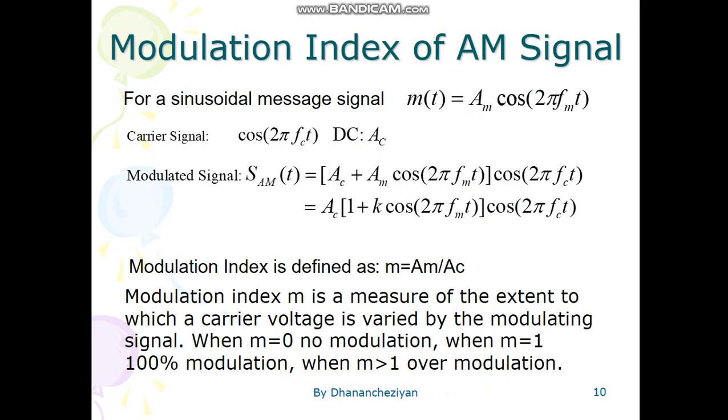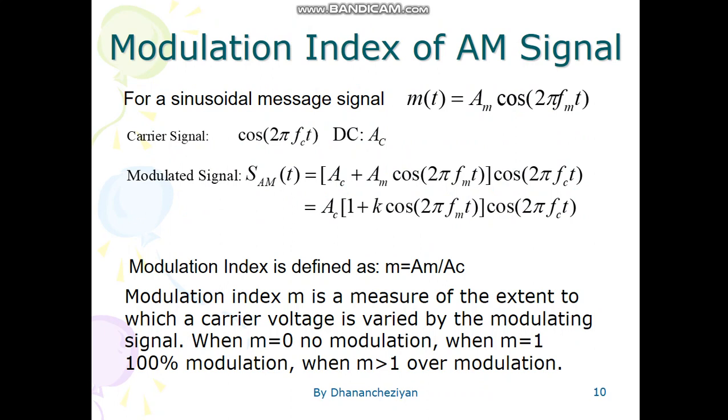So now we are going to discuss the modulation index of an AM signal. One parameter that controls the modulation of an AM signal is called the modulation index. It's a very important entity when it comes to unit 1. Any modulation scheme is controlled by a modulation index. So for a basic message signal and a basic carrier signal, if you use AM modulation, what will be our modulation index? This is what we are going to discuss in this particular slide.